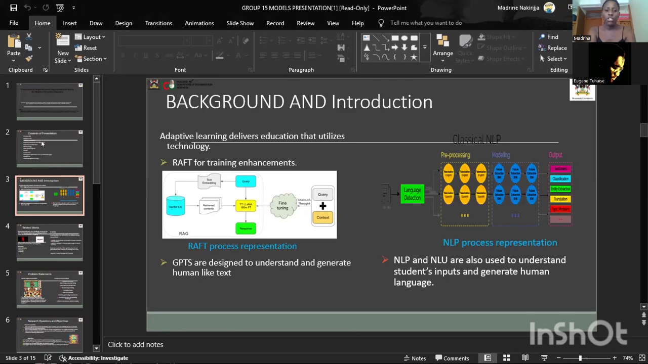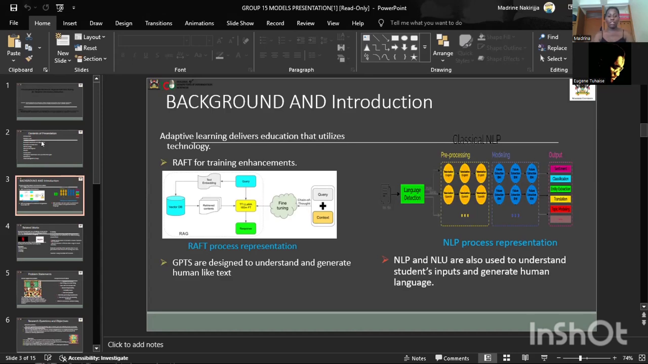For the background and introduction, adaptive learning delivers education that utilizes technology. From back then, people have been trying to come up with things that will help students learn, because the problem we're focusing on here is that children learn at different paces. So we want to make sure that what we come up with solves that. We are basing on four techniques that we looked at: RAFT, which helps